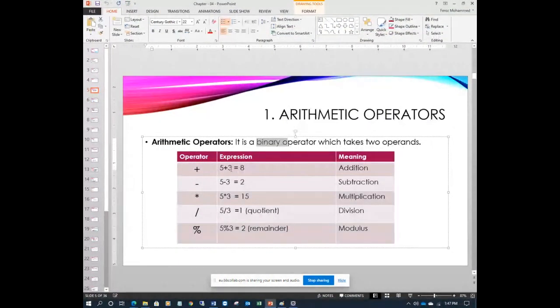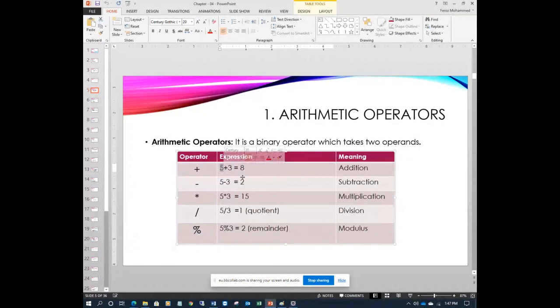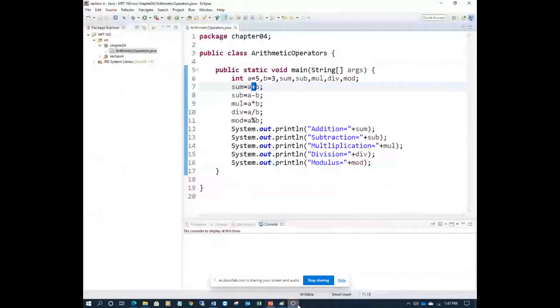Binary means it takes two operands. Binary operator takes two operands. It may be a number, it may be a variable. Now here it is variables a and b. You can use 5 plus 3 also. Okay, right? So mostly take the numbers, right? So hope everyone understands this one.